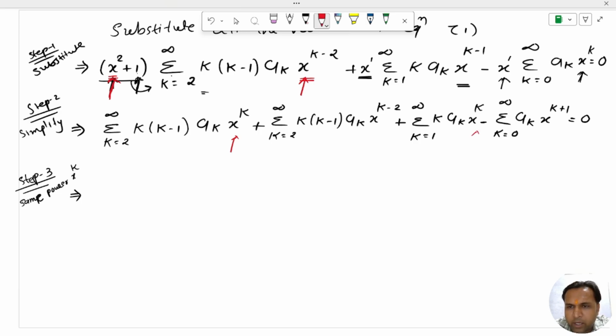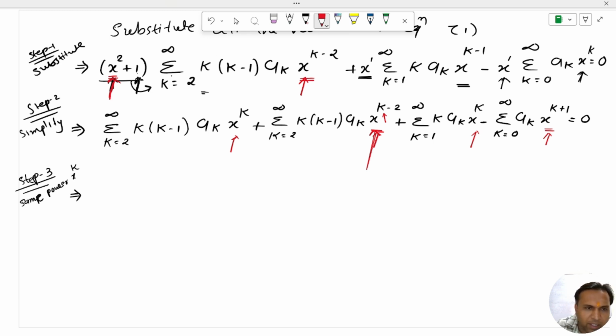Here x raised to k, no need to change. But here convert this one into x raised to k, and here convert this one into x raised to k. For that, just see here: here x raised to k minus 2, here x raised to k minus 2. So in place of k, I am taking k plus 2,